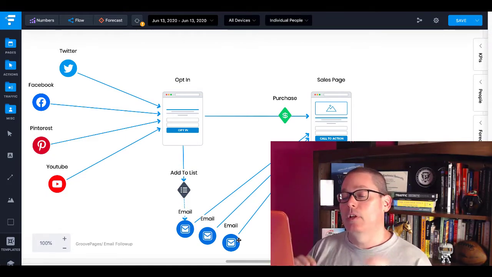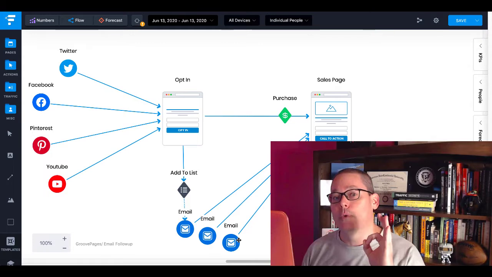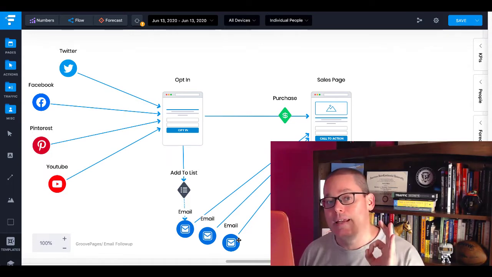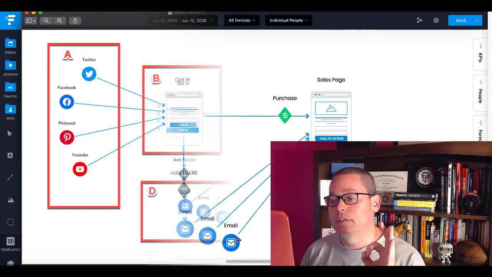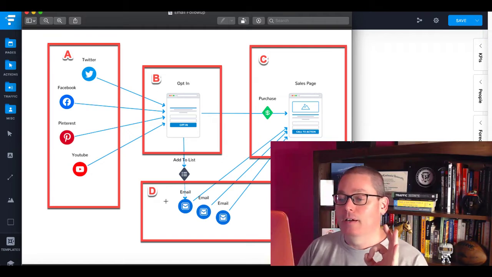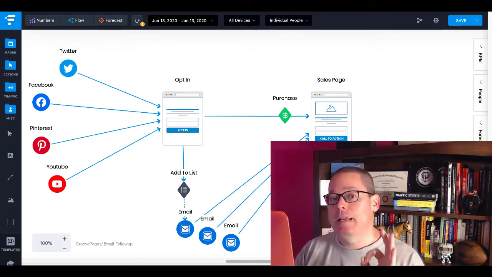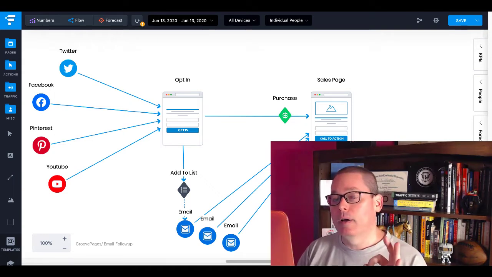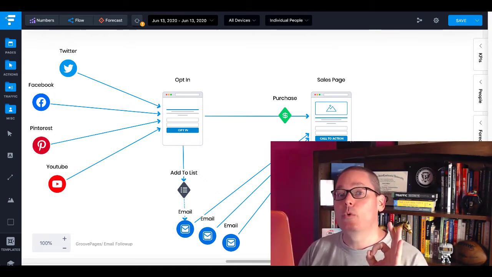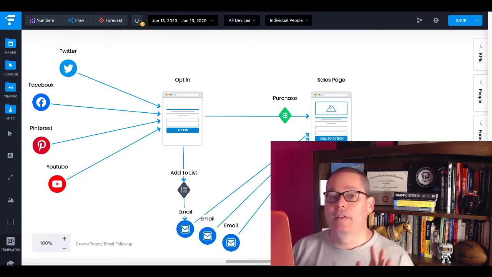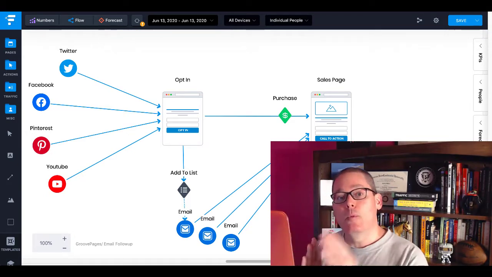And on your email list, here's the key, and this is the reason that I'm going to say that email, and that was number D right here. Email, letter D, is the answer. The money is in the follow-up with your email list, and it is the way to make money online with email marketing. So now that you have the answer, I know you're ready to bounce off this video, but don't,